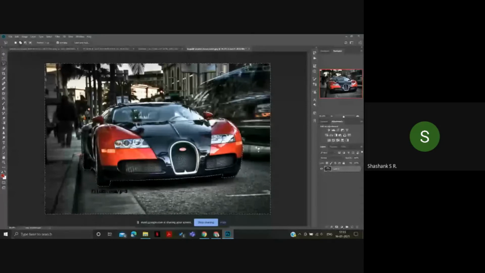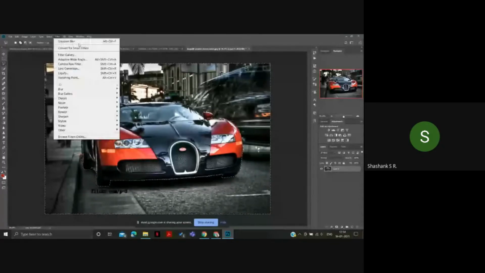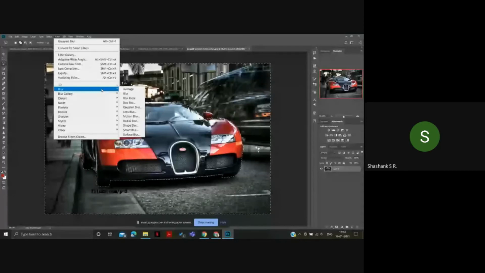In order to blur, you have to go to Filter in the toolbar, and then there are so many options over here. For example, Blur Gallery, Distort, Noise, and so on. Such sorts of tools are there.